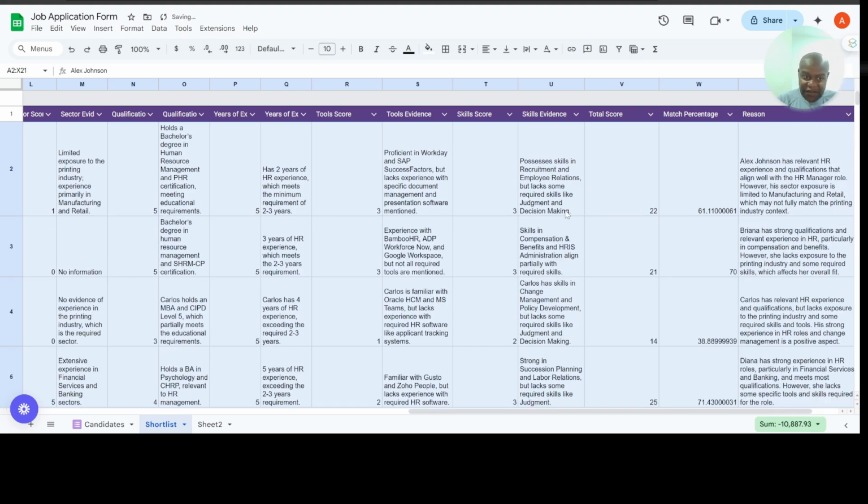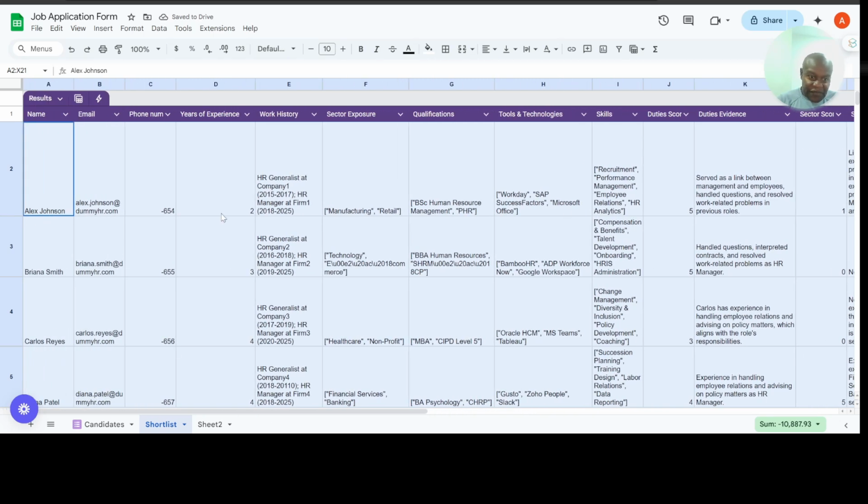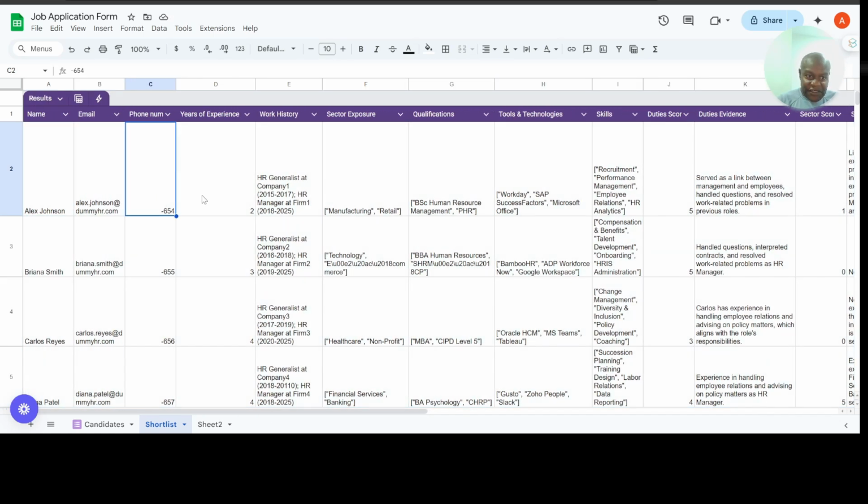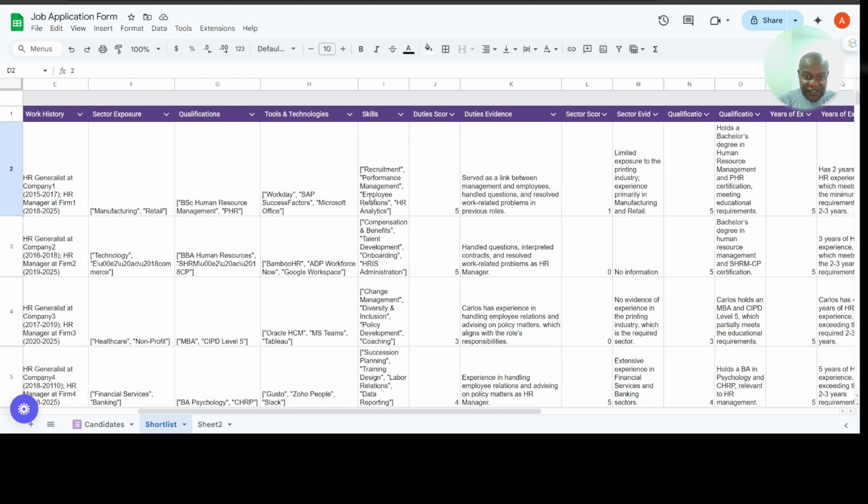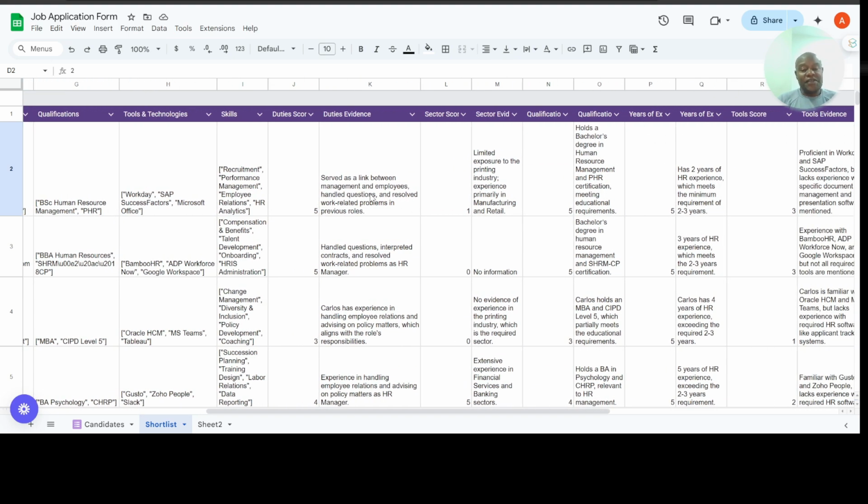So look at Alex Johnson. It tells us this is his email, this is his phone contact. He has 2 years of experience. He's an HR generalist in manufacturing and retail. All these are picked from his application. They scored him a 5, which is the highest mark, because of this evidence: he has served as a link between management and employees, handled questions and resolved work-related problems. He has limited exposure as far as the sector is concerned, the printing industry,